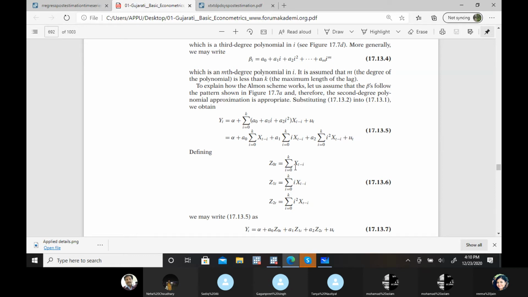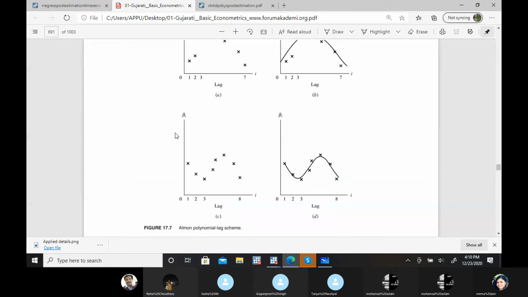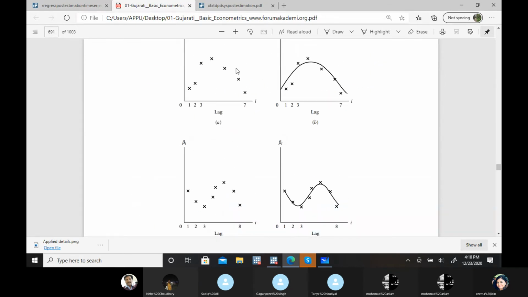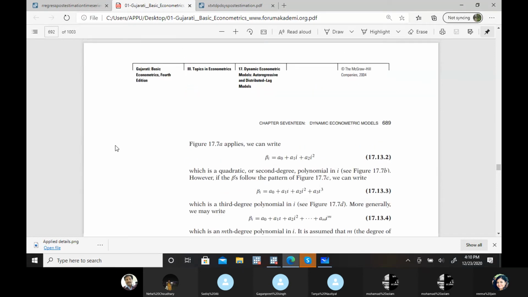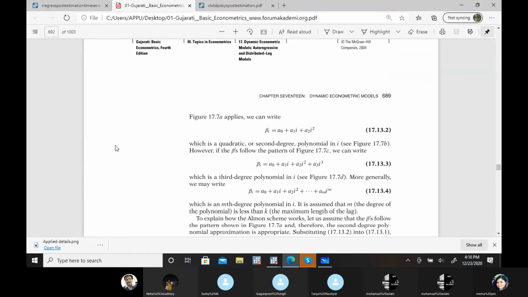theoretically. Let's say we are running a model for this type of lag impact, and from the R-square criteria we know that we have to take the lag length till xt minus 3. Is it okay?